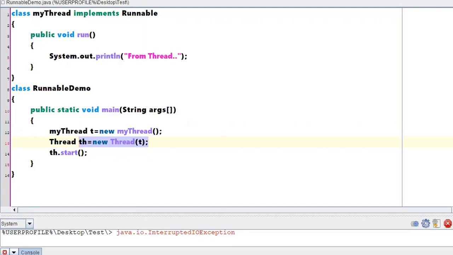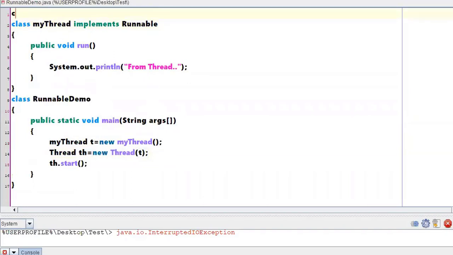Another question in the chat box. Sir, why are we going with this approach of implementing Runnable instead of just extending the Thread class? Yes, that is my next question, which I will answer. If you don't have questions with respect to this particular implementation of Runnable, then I'll go with the difference and when to use what. Okay, hope no questions with respect to implementing Runnable. Let us discuss